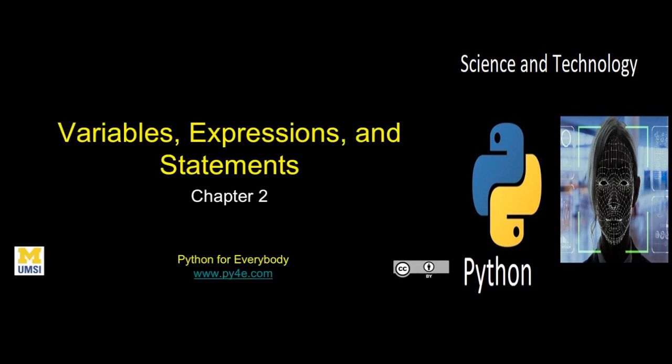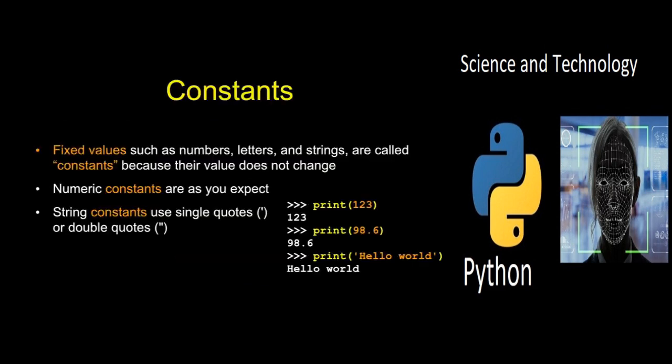Now we're going to continue to talk about the building blocks of Python: variables, constants, statements, expressions, etc. The first thing we have to talk about is constants. We call them constants because they don't change. They're numbers, strings, etc. And we use them to start calculations, or